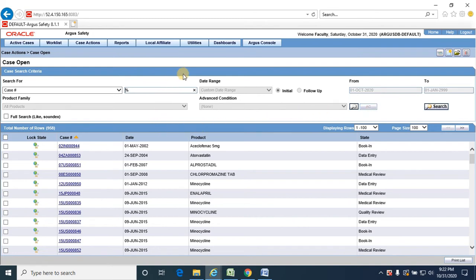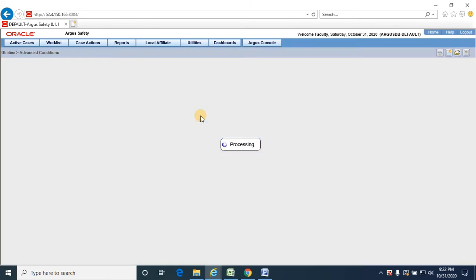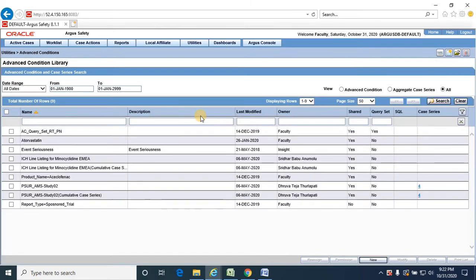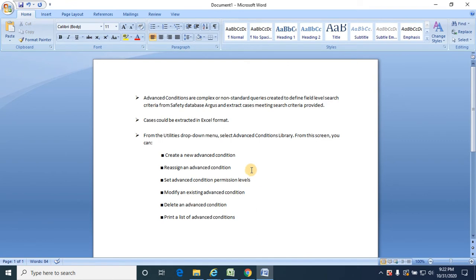So now let's come to how to create an advanced condition or an advanced condition query set. Even before that, I want to take you through a small description. What are these advanced conditions? These are complex or non-standard queries which are created to define a field level search criteria.